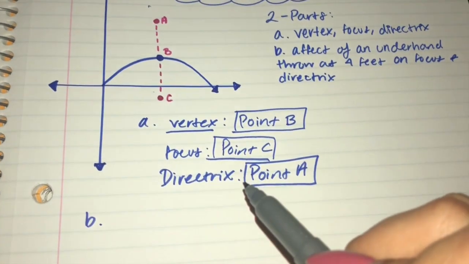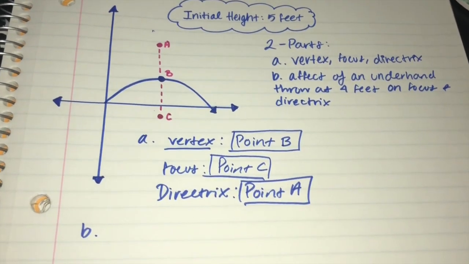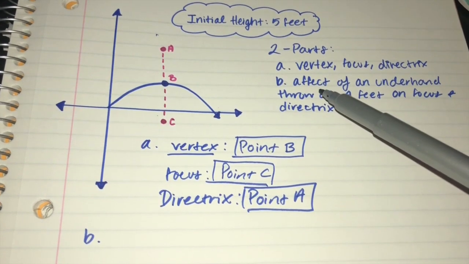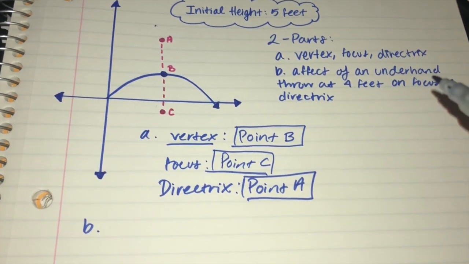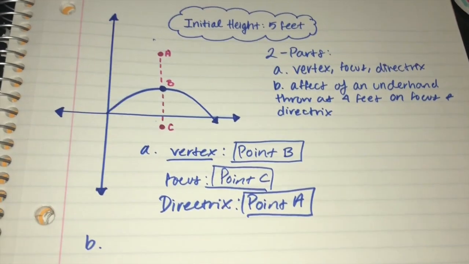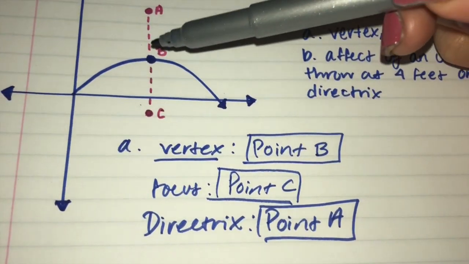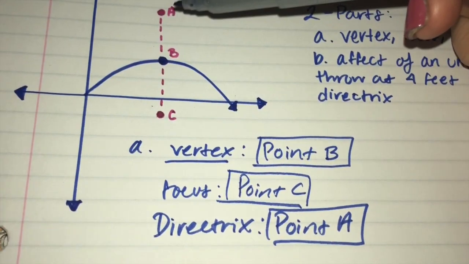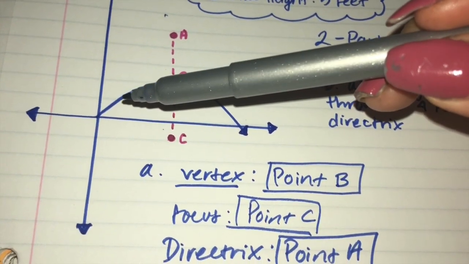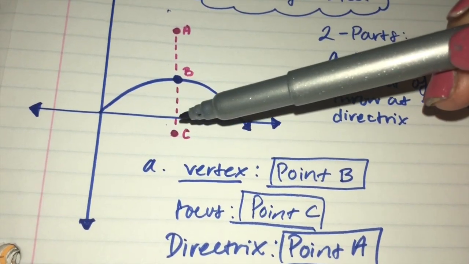So B is a little more steps probably, but it's really easy too. So you're trying to find out how the effect of an underhand throw of a baseball at 4 feet will affect the focus and the directrix. So if you look at your graph, you'll see that it's actually at 5 feet up because of the initial height. So if the baseball was to be thrown underhand at 4 feet, which is right here,